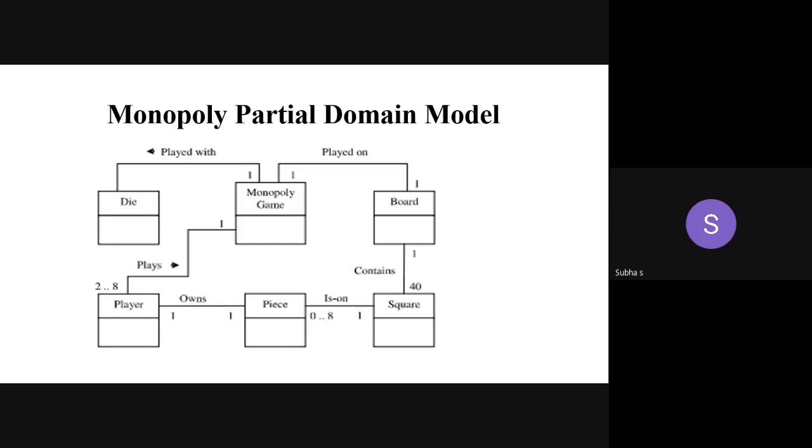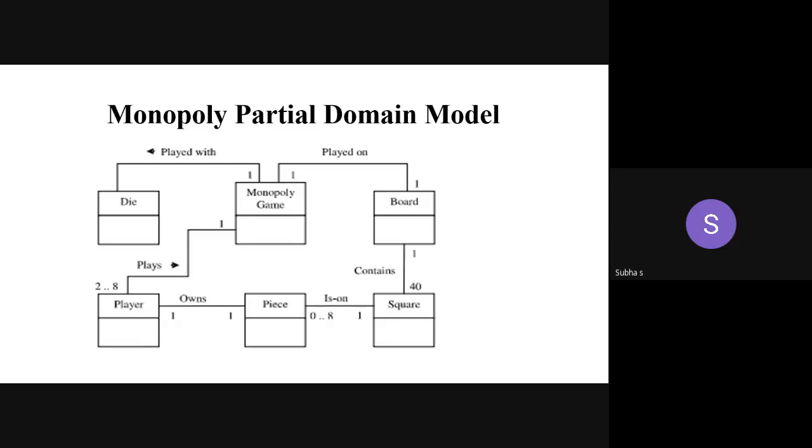It's a very interesting game. You must have at least 2 to 6 players. A die will be thrown, and the player will move the piece. Piece means that coin. Each one will have a unique coin, a unique color coin or piece. Here it is mentioned as piece. So he has to move the particular coin across the board.